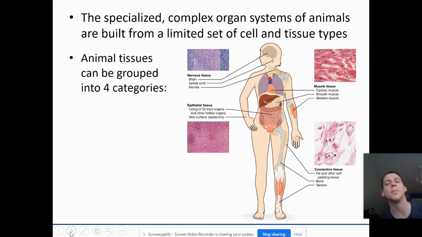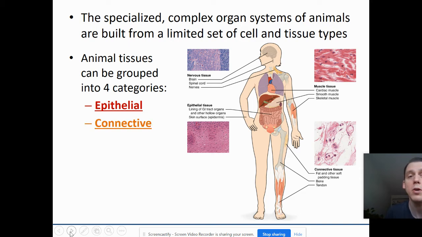The specialized complex organ systems of animals are built from really a limited set of cell and tissue types. We sort of group tissues into 4 different categories. We group them into epithelial, which is like covering, so lining the inside of a cavity or lining the outside of an organ. Connective tissue, which is here. So fat, the adipose tissue, which contains fat, is going to be connective tissue. Other padding tissue, bone counts as connective tissue, tendon,